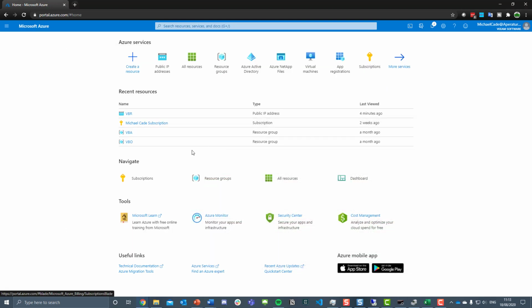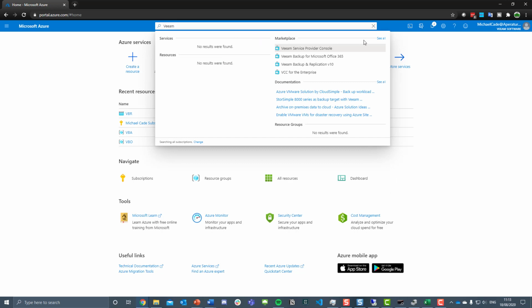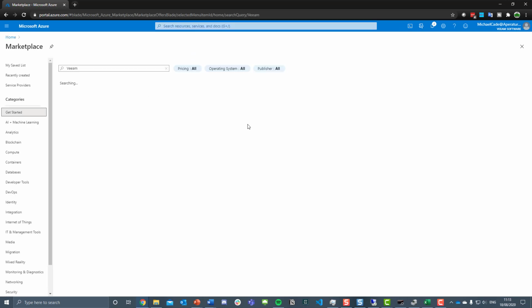Let's jump straight into our Azure portal. Okay, so what have we created before we start? And you don't need to because the wizard allows you to do that, but I've created a public IP address so that I can use that to access my VBR instance. And I've created a resource group as well that you can't see here, that I'm going to use. So if we then jump in and do a search on the marketplace for Veeam,